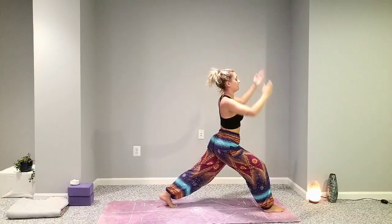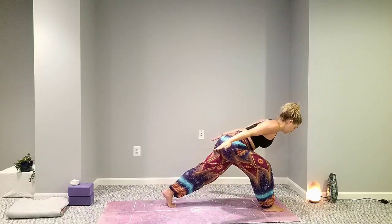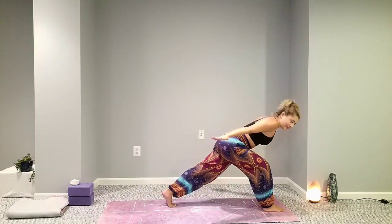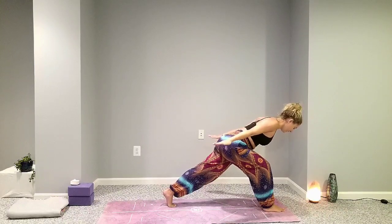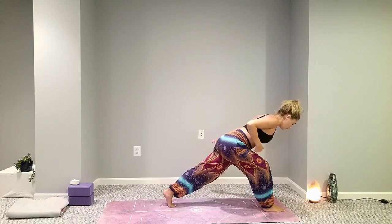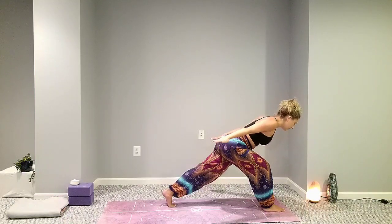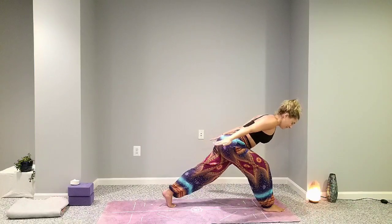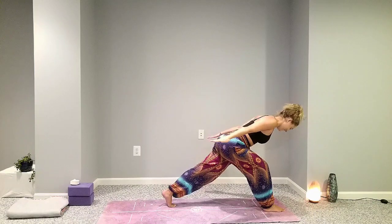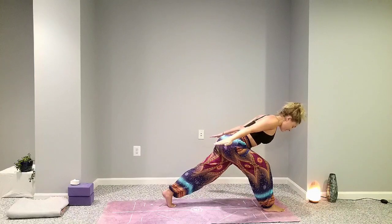Inhale to rotate your left toes in as you come down into a floating airplane, flying airplane. Arms are parallel maybe to the ground or in the same line as your legs. We're not resting on our leg here, we're just floating gently above it, grounding down through your toes. Left heel is reaching to the back of the mat. Feeling the warmth in the right quad. Inhale, exhale,